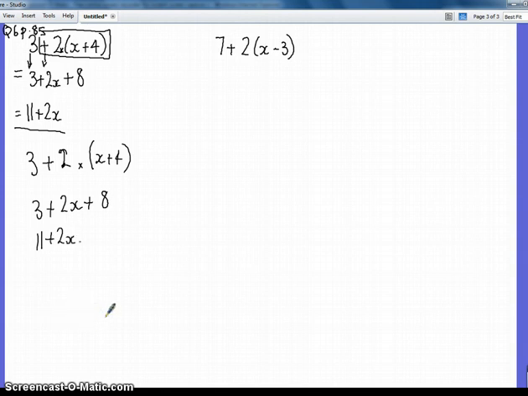Yeah? This one here, same deal. This gets done first. 7, leave it there. Positive 2 times x is positive 2x. Positive 2 times negative 3, a positive times a negative is a negative. 2 times 3 is 6. Collect like terms, 7